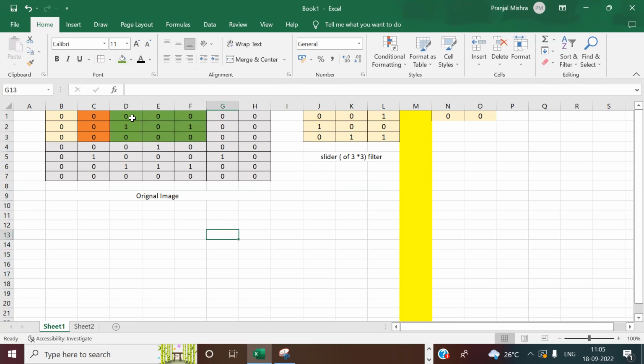Now what I'll do, I'll take a third step. Now I'll say D1 into J1 plus E1 into K1 plus F1 into L1 plus D2 into J2 plus E2 into K2. The process will continue. जरा mental calculation करके बताओ। 1 क्यों आएगा? 1 इसलिए आएगा because D2 into J2 will result 1. ठीक है ना? 1 आ जाएगा।